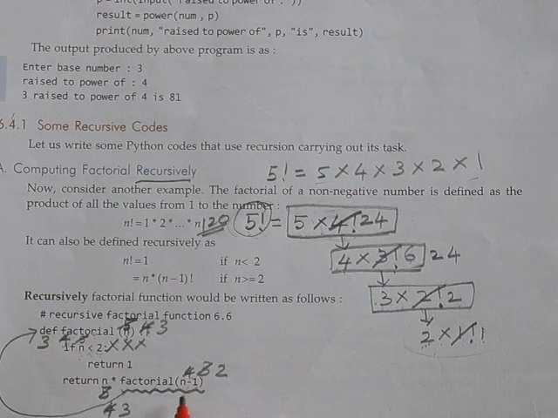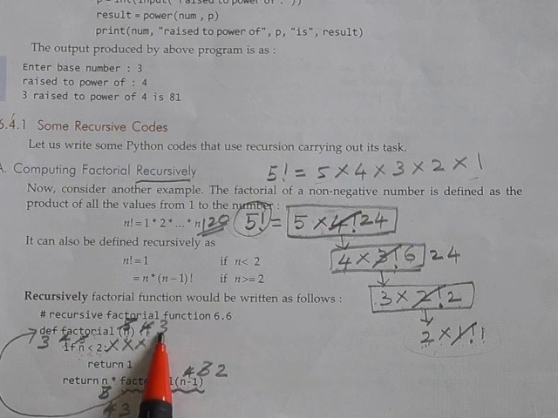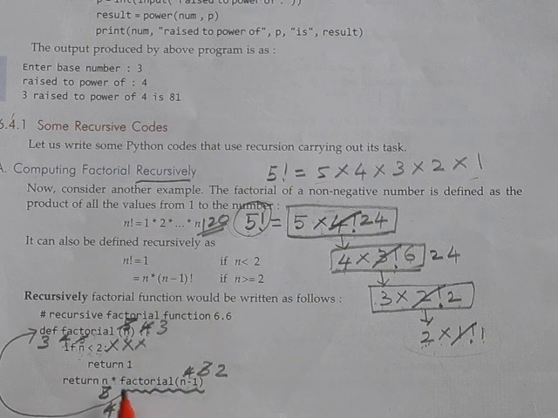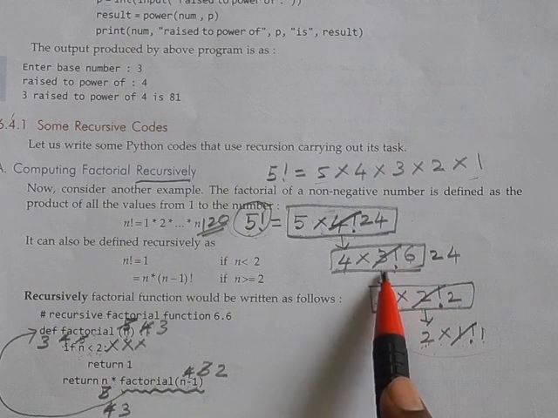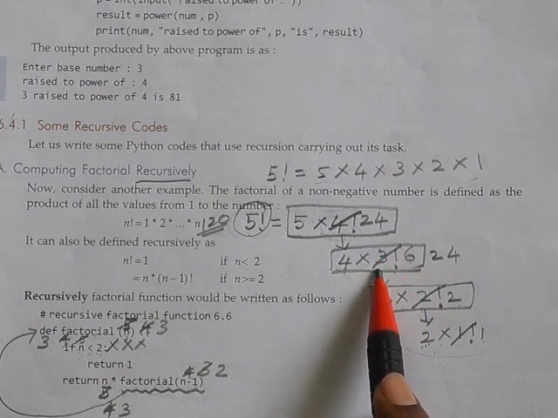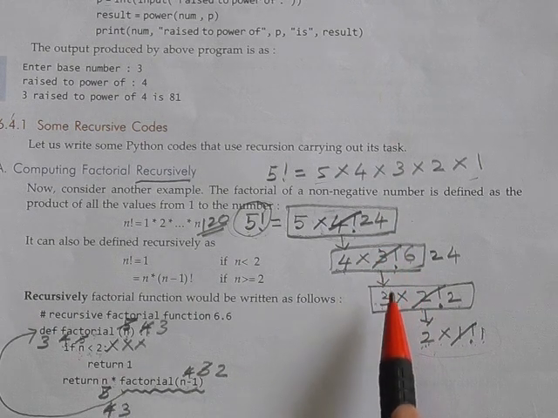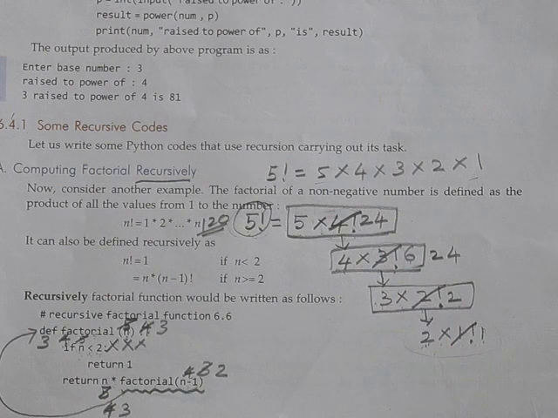So what is the meaning of this one? If you want to find the value of 3 factorial, you have to find the value of 3 into 2 factorial. Just like this. Here you see, if you want to find the value of 3 factorial, you have to find 3 into 2 factorial. Okay? So at last, at the last stage,